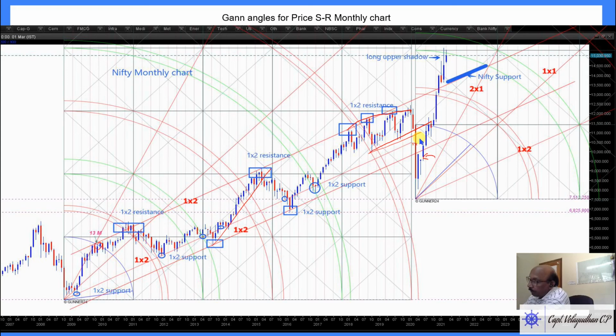Now, what we need to analyze is where we stand now. Whether to book profit or to buy. Till the price reaches 1 by 2, it is a bullish move, no doubt. And as long as the price remains above 2 by 1, it is strongest bullish. So the market is very bullish now. But